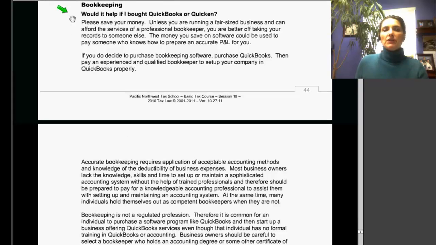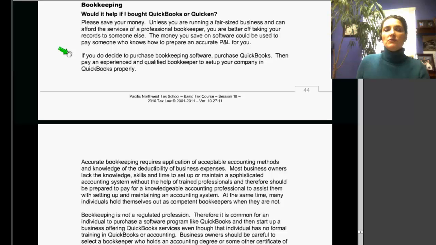So let's talk about bookkeeping next. Many of my clients say, would it help if I bought QuickBooks or Quicken? And my answer for many of them is, please save yourself some money, because unless you are running a fair-sized business and can afford the services of a professional bookkeeper, you are better off taking your records to someone else. The money you save on software could be used to pay someone who knows how to prepare an accurate P&L